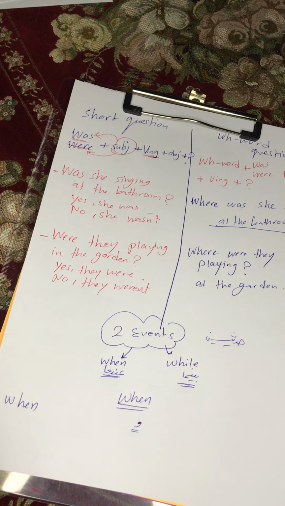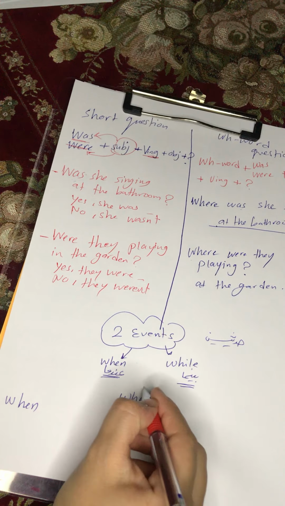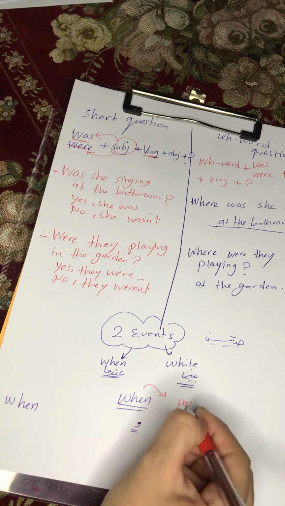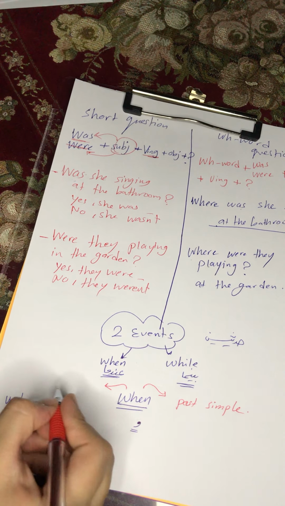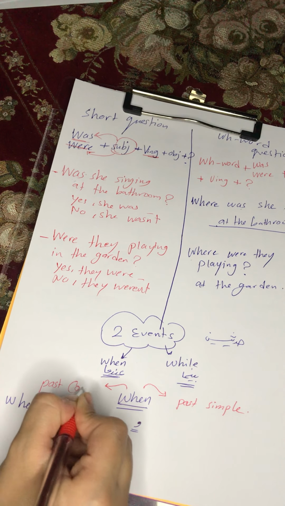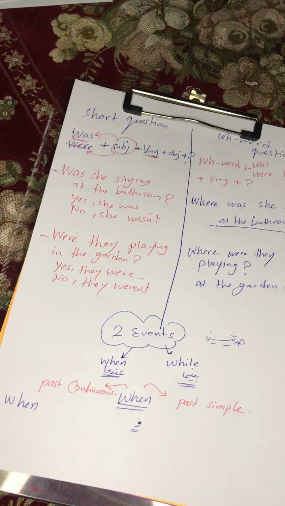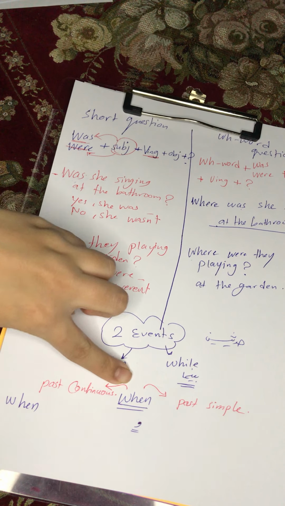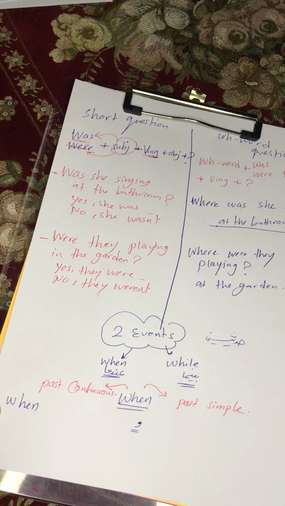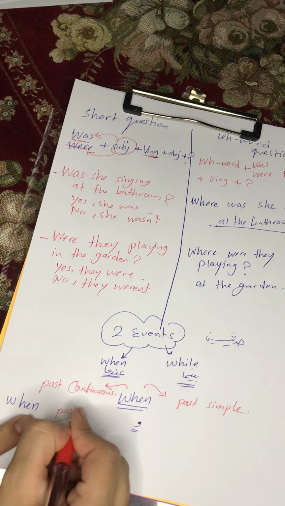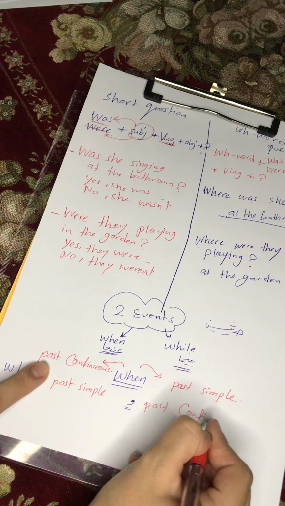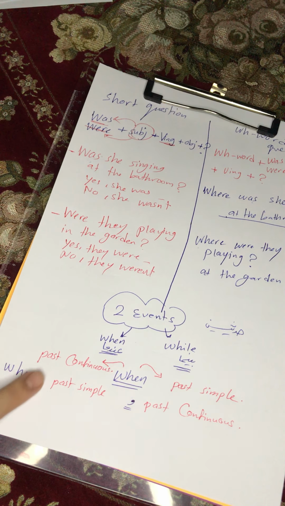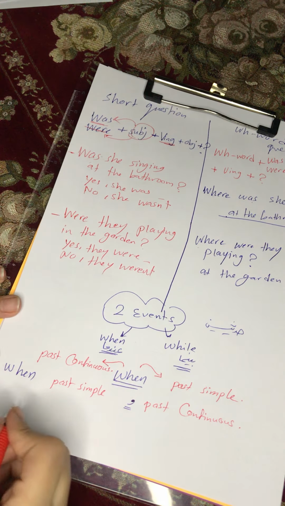طيب okay, let's arrange and order these two events. خلينا نرتب هالحدثين. When has to be followed by past simple. لازم تنتبع past simple ماضي بسيط. And it has to be preceded by past continuous. Okay, is there any change if when comes at the beginning of the sentence? Surely no. So when also has to be followed by past simple and preceded by past continuous. So that's great. Let's make a sentence, okay? So, she